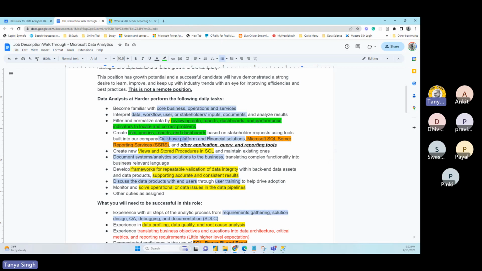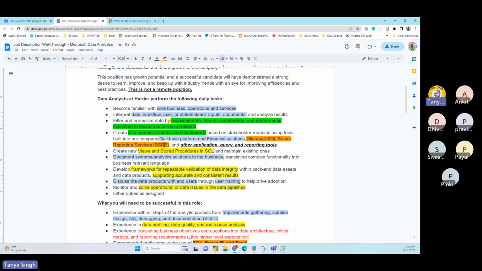You need to have the QuickBase financial solution and Microsoft SQL Server, SSRS. The report that we saw in a tabular format was developed by SSRS, right? So it's just a tool, right? If you change your vendor, like as I said, if you're working with Google Analytics, then your tool will change, right? But the basic concept will still remain the same. Still, you are going to develop reports. Still, you are going to develop visuals. Some drag and drop functionality will change, but pretty much it's just vendor to vendor, the tools will change.